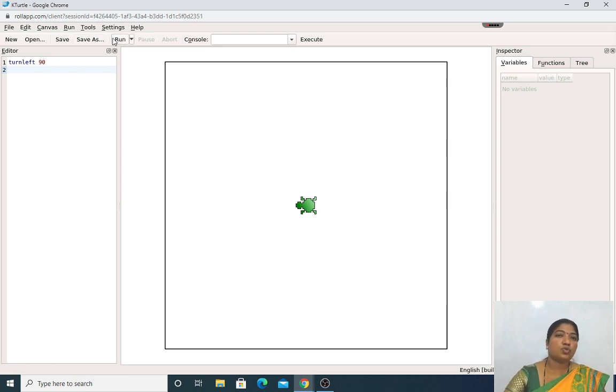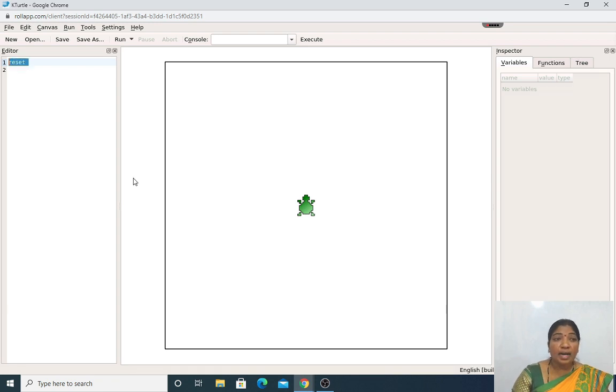Next, as you all know, there is one more command, the third one, which is the reset command. Let us see whether the position of the turtle is on the right side or the left side of the canvas. Again I will do it, F5. Again it will change the position of the turtle. Next one.